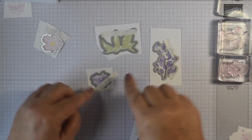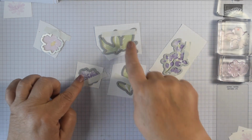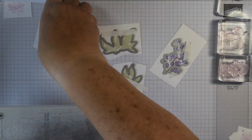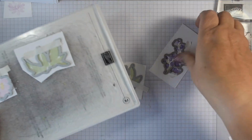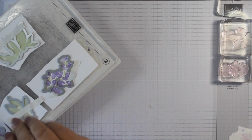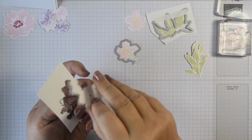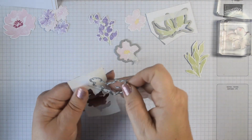See, what I've done is just lined up my dies here over the various floral images, and I've just used a bit of post-it note tape to hold those in place. I'm going to pop those onto my cut and emboss plate and get those die cut. So once you've die cut all of those out, just pop those out and start to arrange